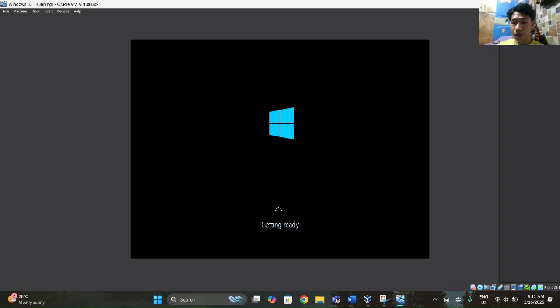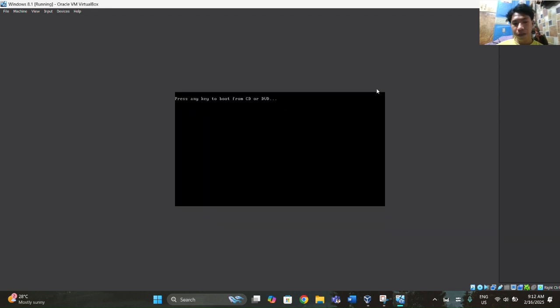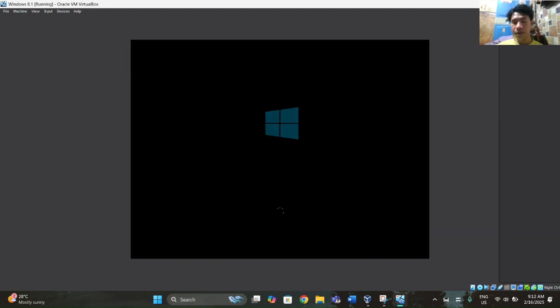So getting the device ready up to 100%. So that's it. The installation of Windows 8.1 is not really complicated because it does not require some serious skills in encoding. So just wait for the booting up, and that's how you install 8.1. It doesn't require so much space. Also, it doesn't require so much RAM, and basically it's just an